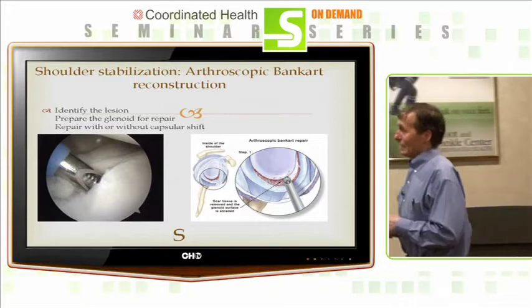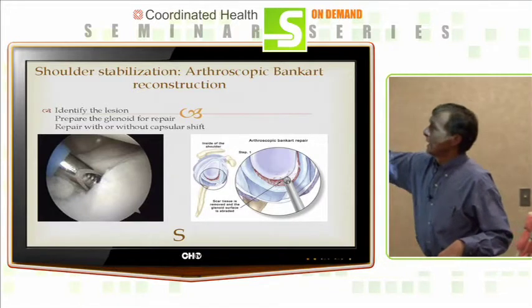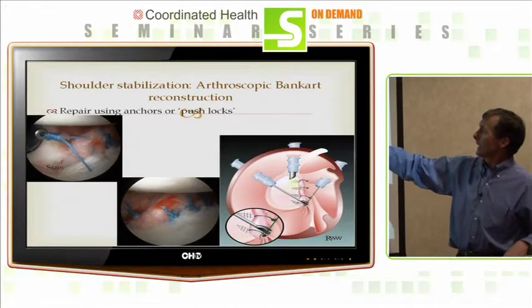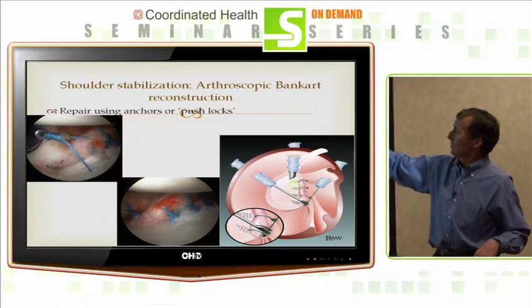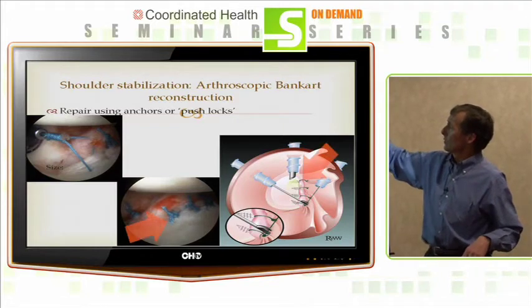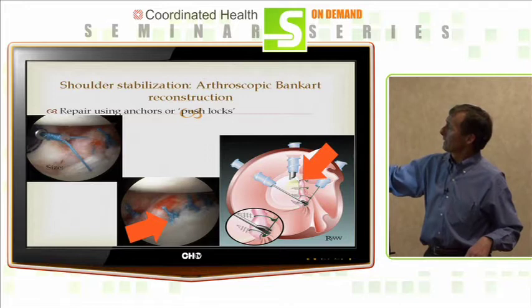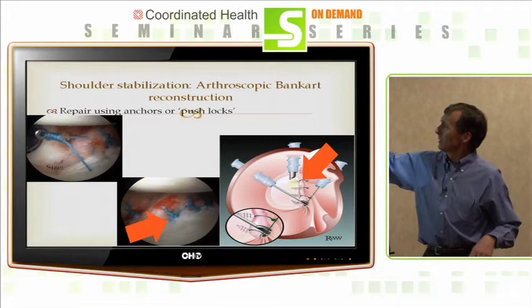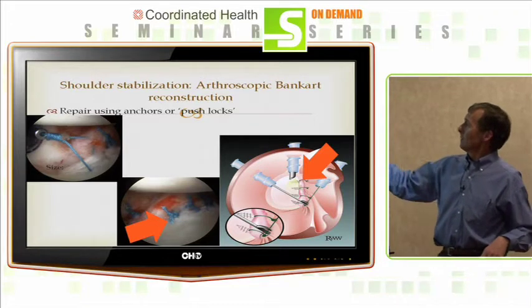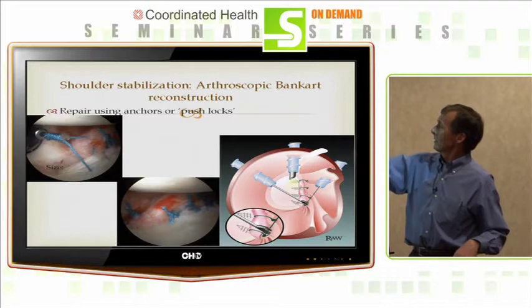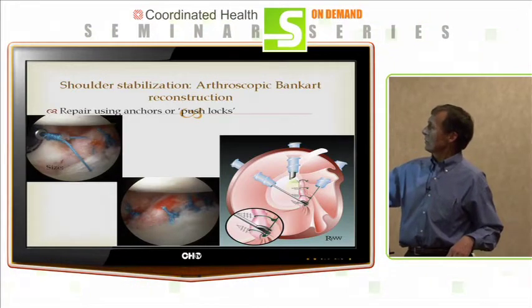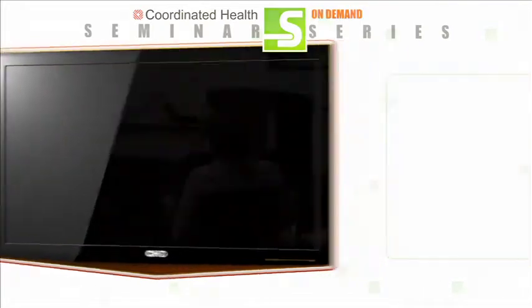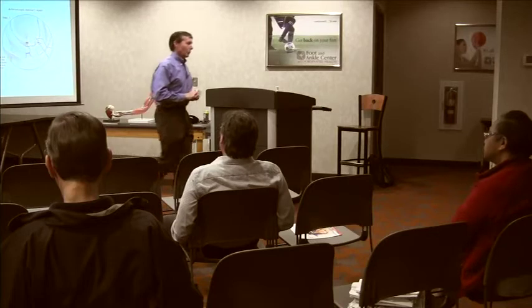We can see the shoulder right through the scope. We prepare the shoulder with a little burr. We put an implant in, and these implants are attached to sutures. We tie the sutures to the labrum and then bring the labrum back to the bone. So here's the preparation part. Here's a little burr, preparing the bone. And then we make a hole, put an implant in. You can kind of see the shadow. And then that implant's attached to sutures, and here are the sutures, reattach it. It works very, very well.